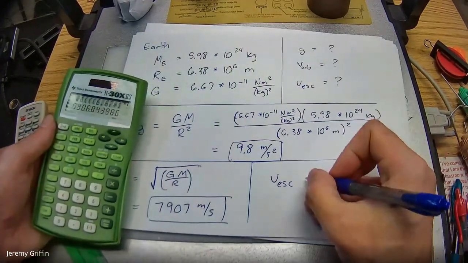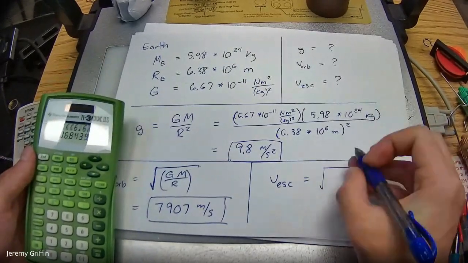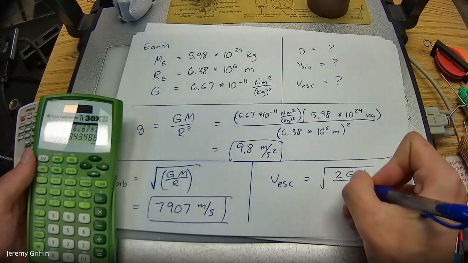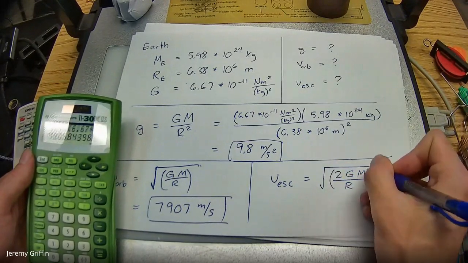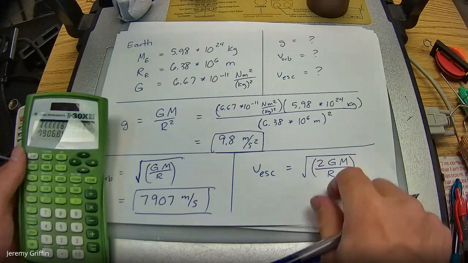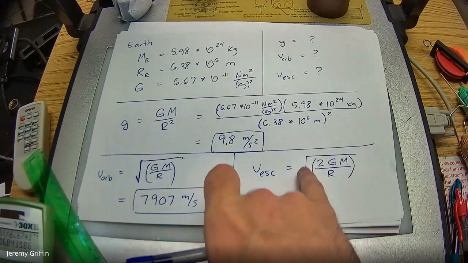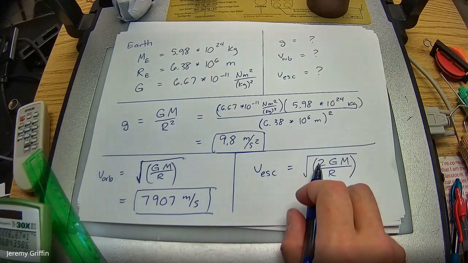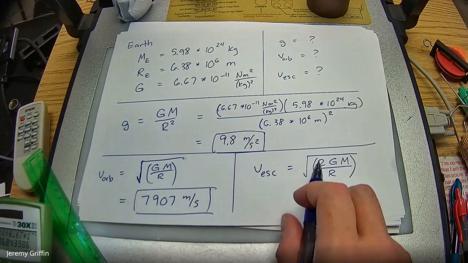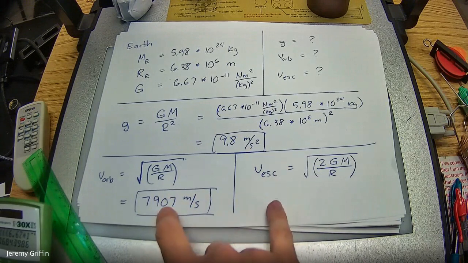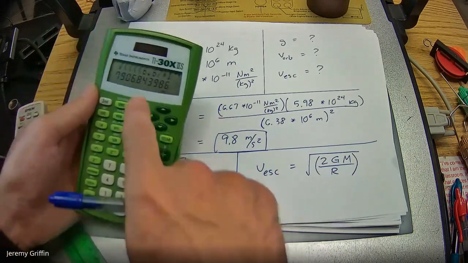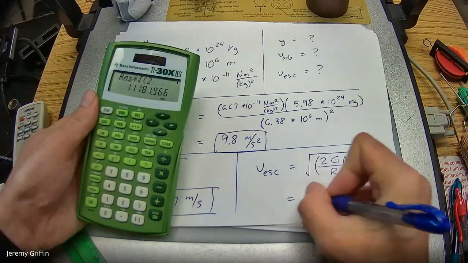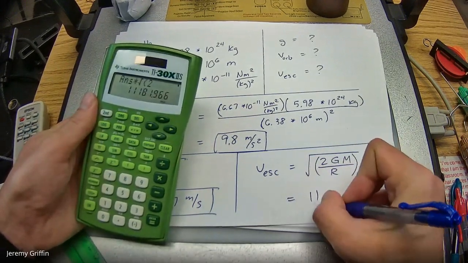Now I know escape speed is a very similar looking formula. Like I said, I haven't derived this for you guys yet. You guys are going to learn this in the future, how to do that. It involves conservation of energy. But do you guys see that escape speed is orbital speed multiplied by what? Square root of 2. Is it? So if I have one of these, I can very quickly get the other. Okay? I'm just going to take this and multiply by the square root of 2. Right? And get, yep, that's the answer, 11,000 some